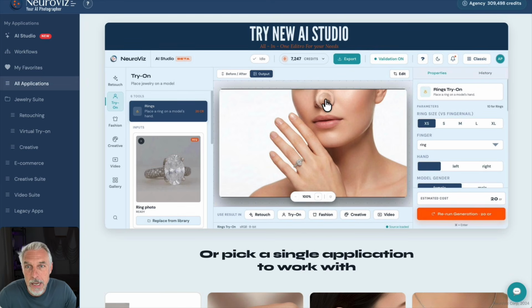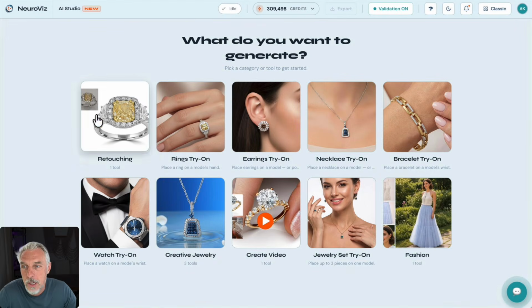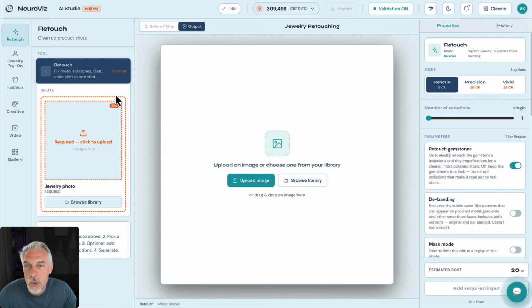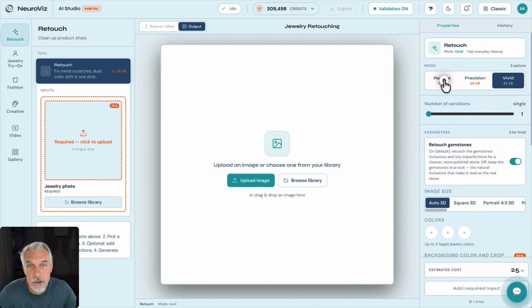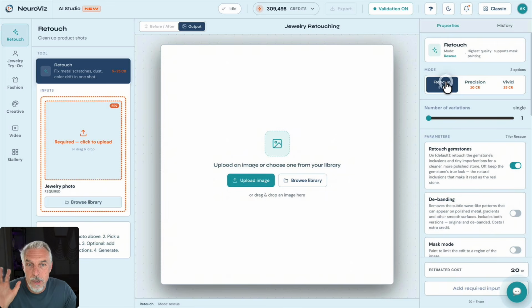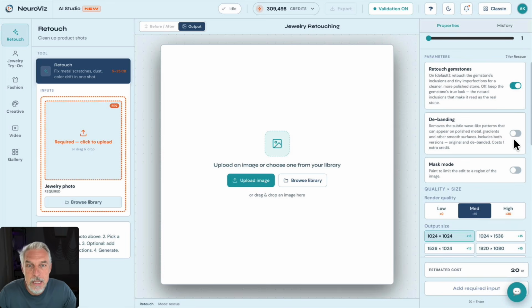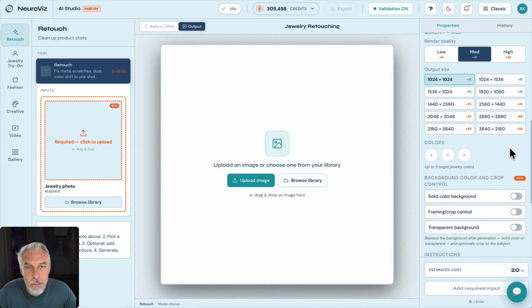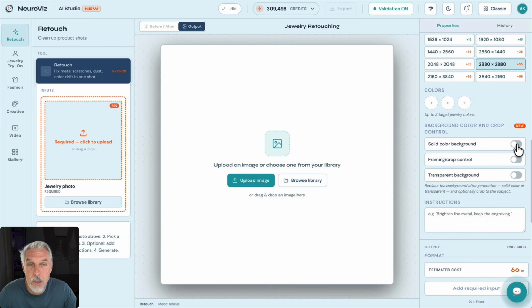Let's try AI Studio. You first load it, you choose retouching, and you will have three modes here: rescue, precision, and vivid. The new feature that I'm talking about is on rescue or precision. Let's try rescue. This is one of my favorite. Retouch gemstones on, debanding not needed right now, mask mode not. Let's select square. Actually, let's select really good quality, almost 9 megapixel output, native, and here what I'm talking about,